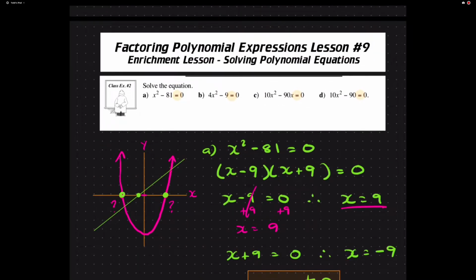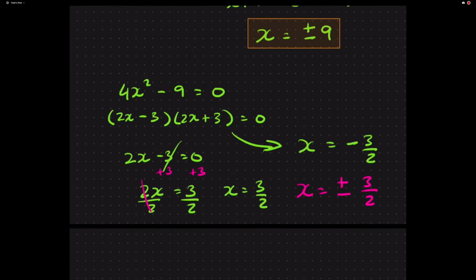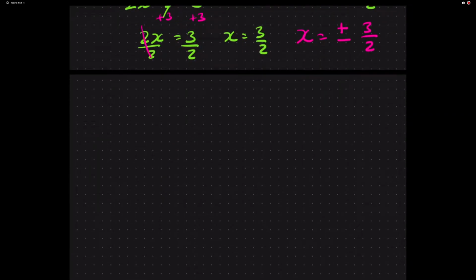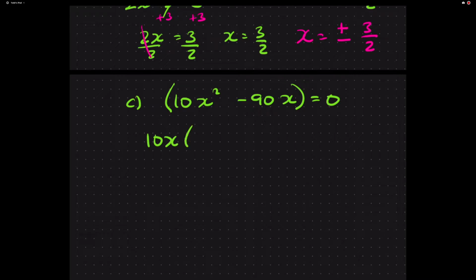Okay, the next example, C: 10x squared minus 90x equals 0. In this case, there's something that can be factored out, and we want to do that first. So what can I pull out of here? Well, a 10 and an x are common. So I'm going to pull a 10 and an x out, and that's going to leave me with an x